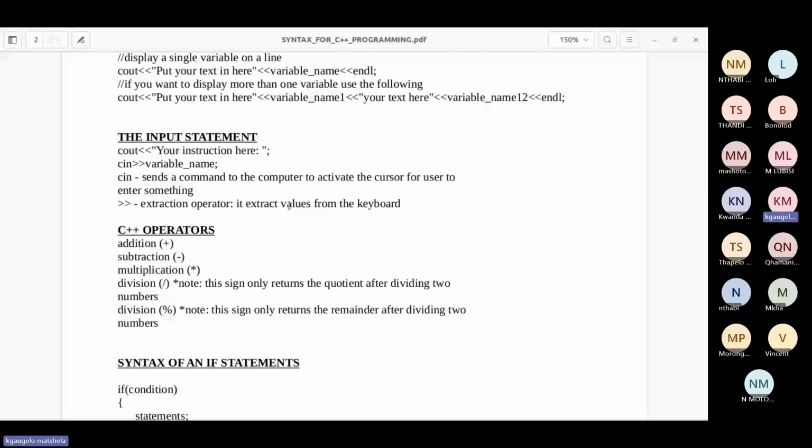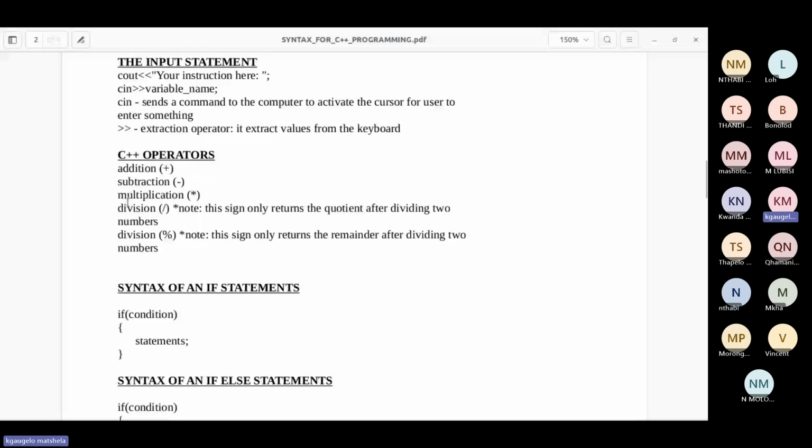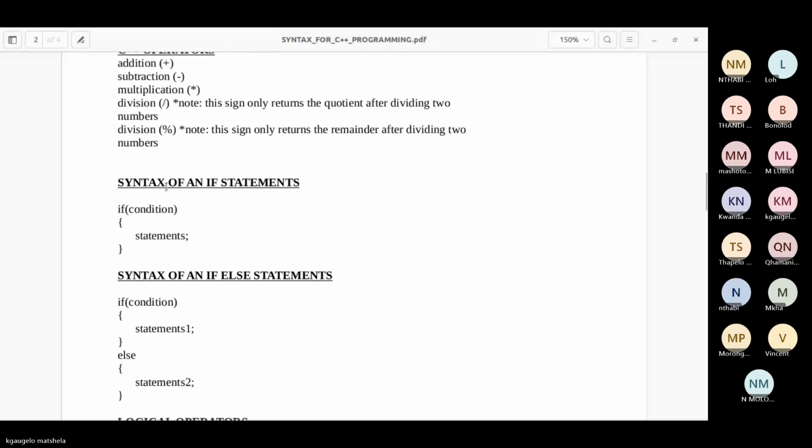Okay, so as I said, these C++ operators, I'm going to cover them tomorrow, because the stuff that we're going to work with now is not going to cover more of the calculations. So this one means we have to cover the calculations there. Okay, so